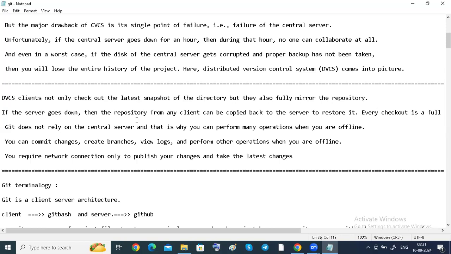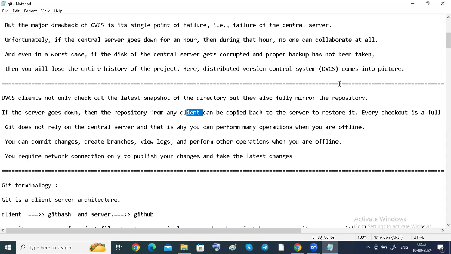If the server goes down, the central repository goes down. But on the client side, who is the client here? All the developers are the clients. They copy their code onto their local systems. They develop their code locally and continuously share their code to the remote repository.